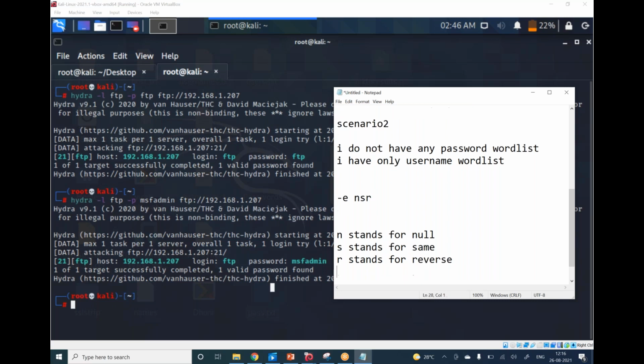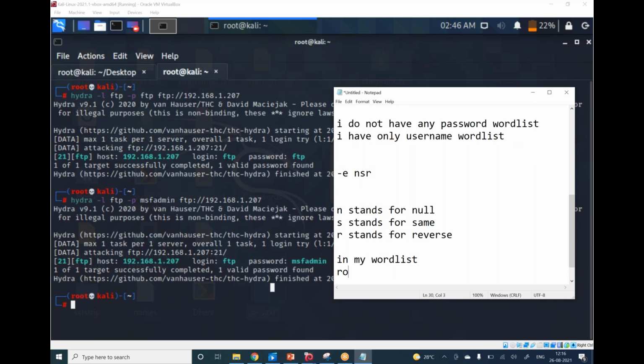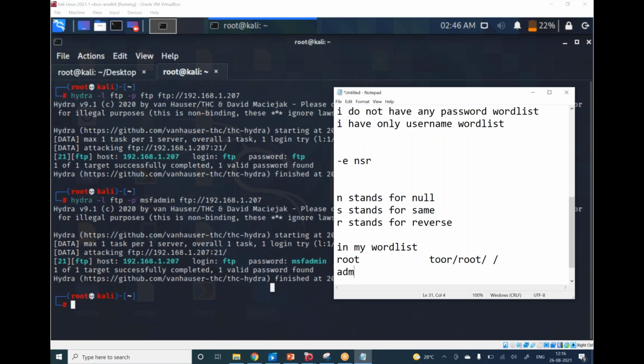Okay. So in my word list, there is a word called root. What it will do is try reverse, try same, and also try a blank password. Next, if I have admin, it will only try nimda, which is the reverse of admin, or same as admin, or a blank. It will only try three varieties if I use this -e nsr.